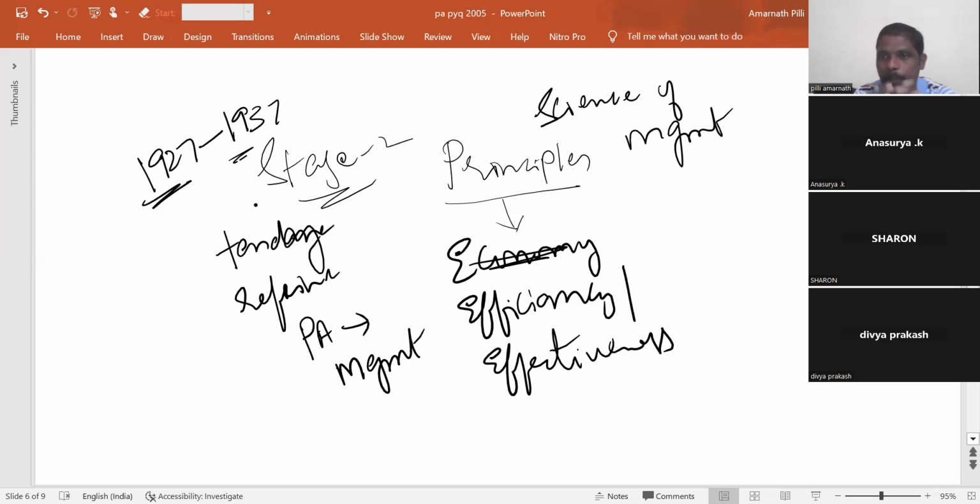There is a complete merger of public administration with management. Because of this tendency, what is lost in public administration is the publicness. The publicness of public administration was lost by giving importance to efficiency and effectiveness,